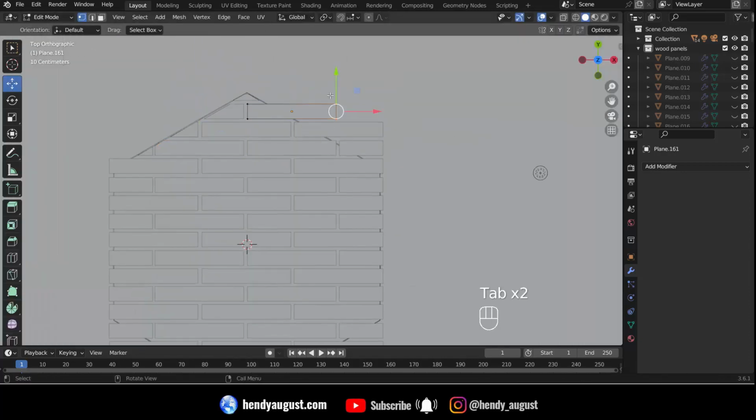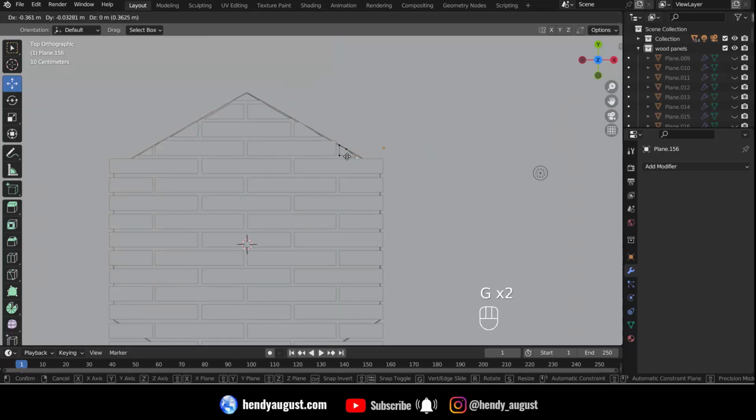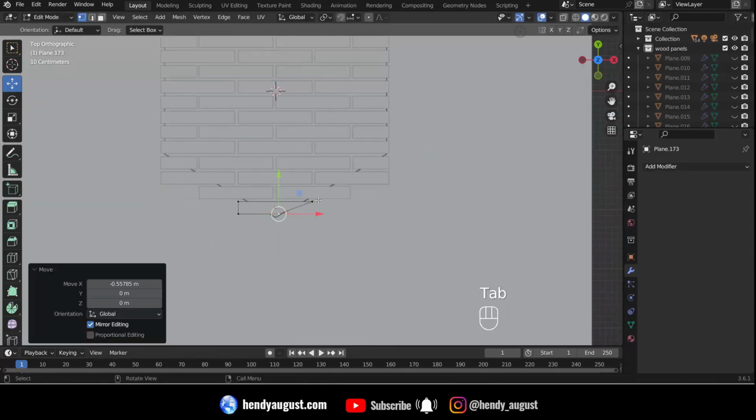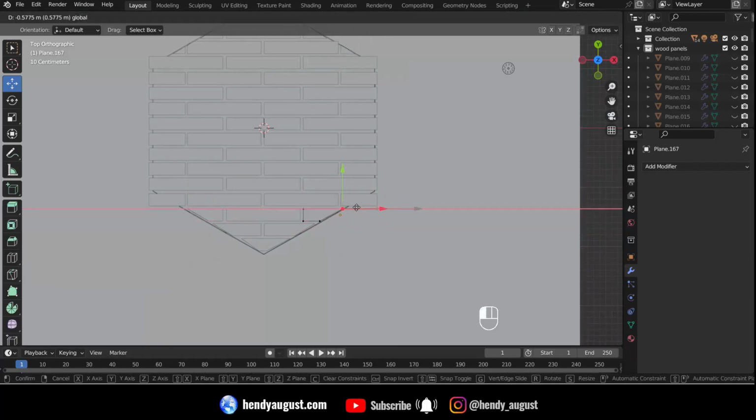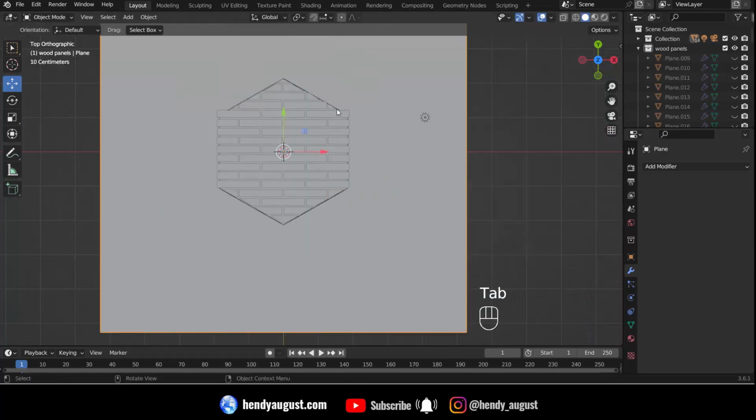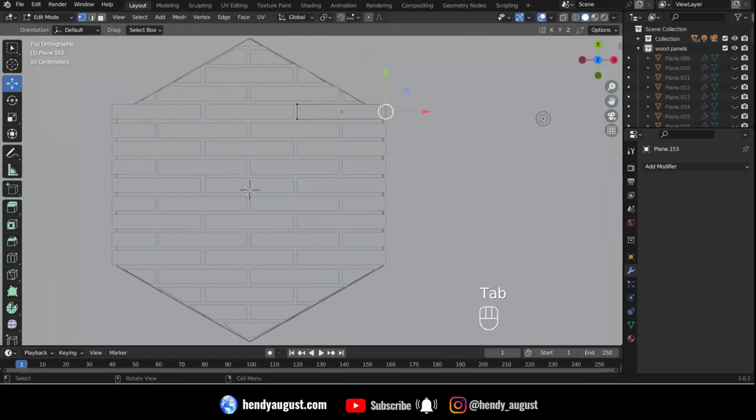The same for the right side. Okay, now that we have our floor shapes,